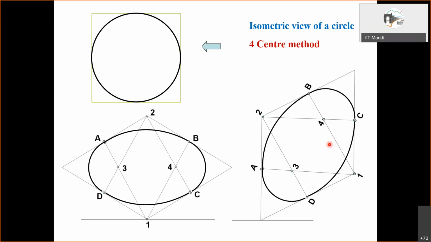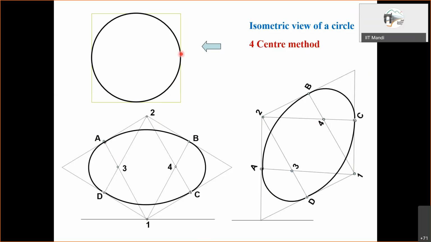There actually is one more method, but I'm just skipping that. It's a bit more cumbersome. You can see it in the book if you like. This is easier, but of course it is an approximate method. A better ellipse will be drawn when you choose more points on the circumference and locate those points using the isometric lines. Getting the point?